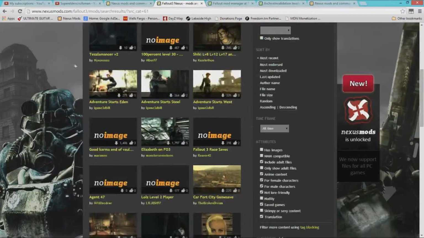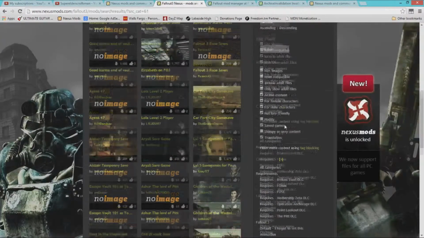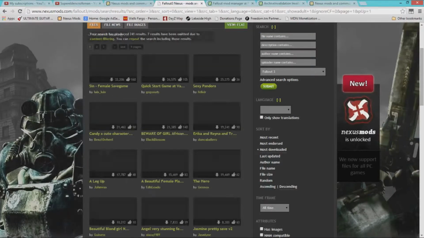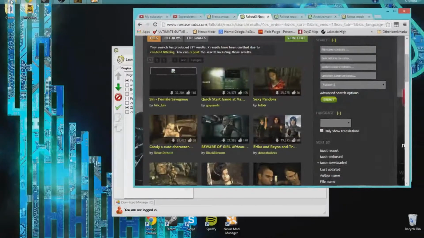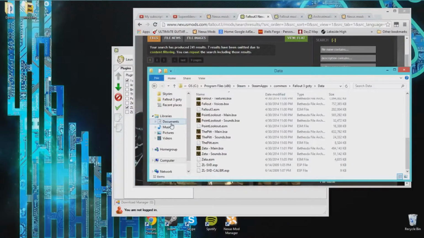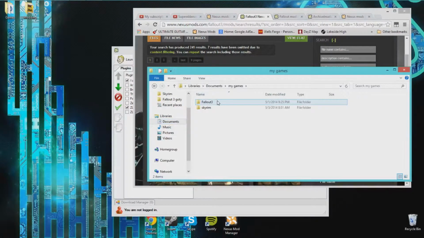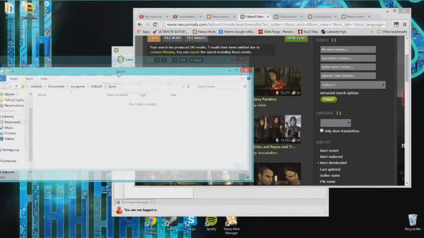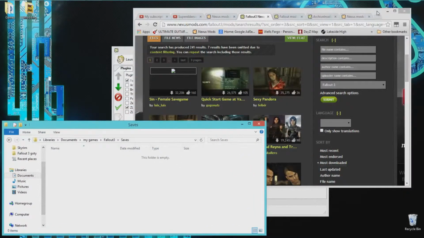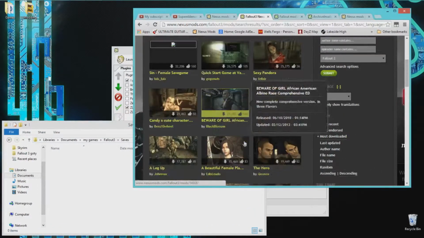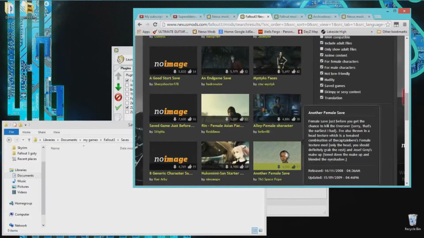You would basically find whichever one you want, and you would go to your Documents, My Games, and then wherever it is. So it would be Fallout 3, and then you go in there and it should be Saves. Since I haven't really played Fallout 3 yet at the moment, I don't have any saves, but you download them and it gives you a file that has